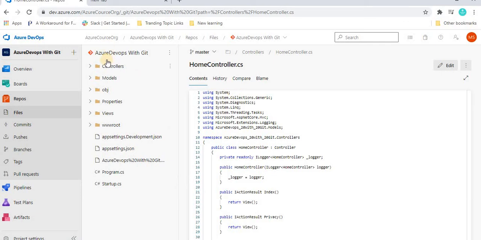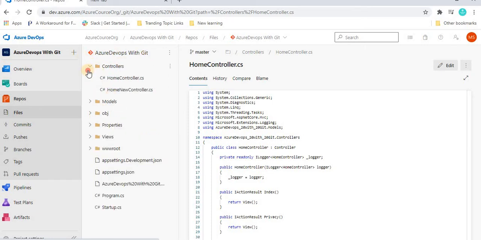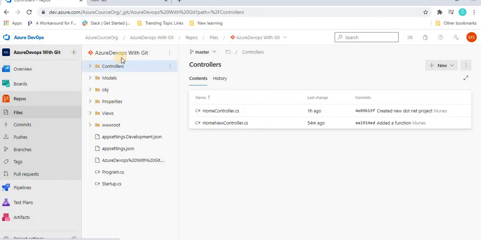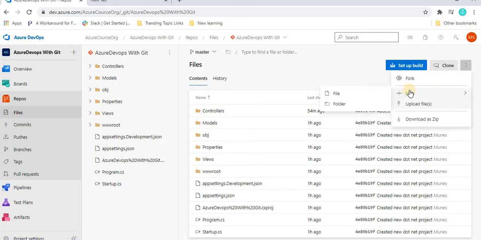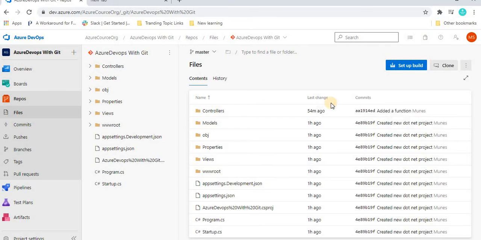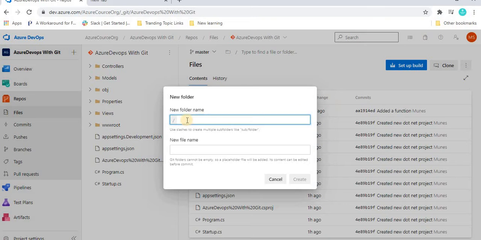Suppose I want to create a folder here in this Azure DevOps Git project. If you want to create it under a particular folder, you can select that first. Then in the three dotted button you can see more actions. From there, if you click on New, you can create either a file or a folder. For now I'm going to create one folder, and we have to give the folder name. I'm going to give the folder name new server folder,